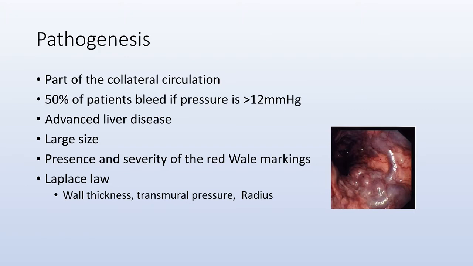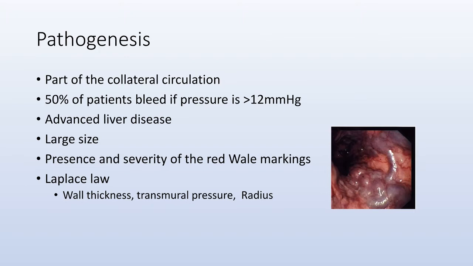Now, in patients who develop portal hypertension, not all of them bleed. Probably only a third to half of them will have problematic bleeding. These patients almost always have a portal pressure more than 12 millimeters of mercury. They tend to have advanced liver disease. The probability of bleeding varices, if the patient has not bled, is